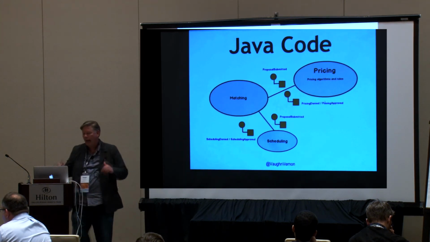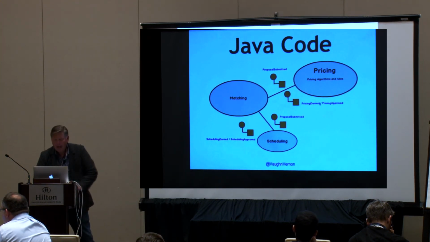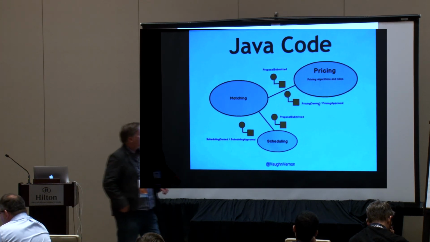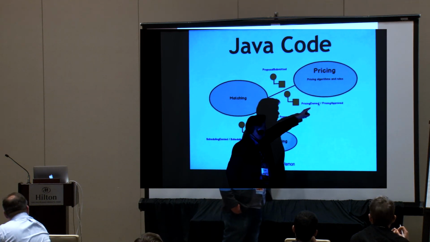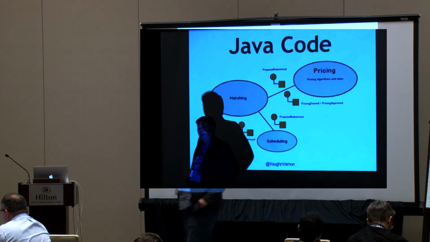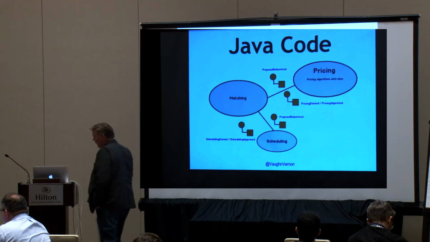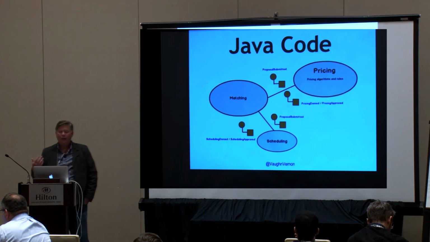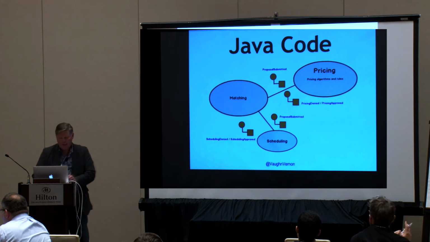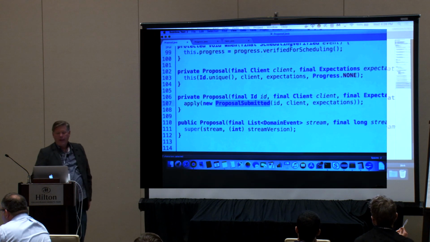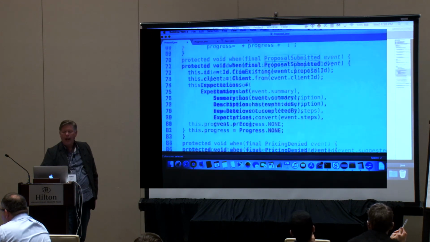Okay? Now what happens? Pricing may come back and say, so price proposal submitted, and it may come back and say pricing denied or pricing approved as events. Explicit, no guessing. It's not just pricing did something, and then you got to look inside to find out, well, was it approved or was it denied? No. The name itself tells you what happened, right? So that's the result of this. Well, when that happens, what do